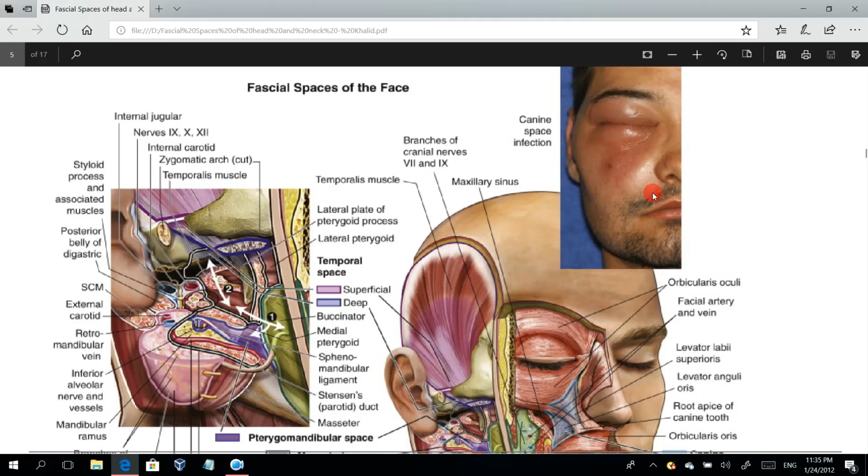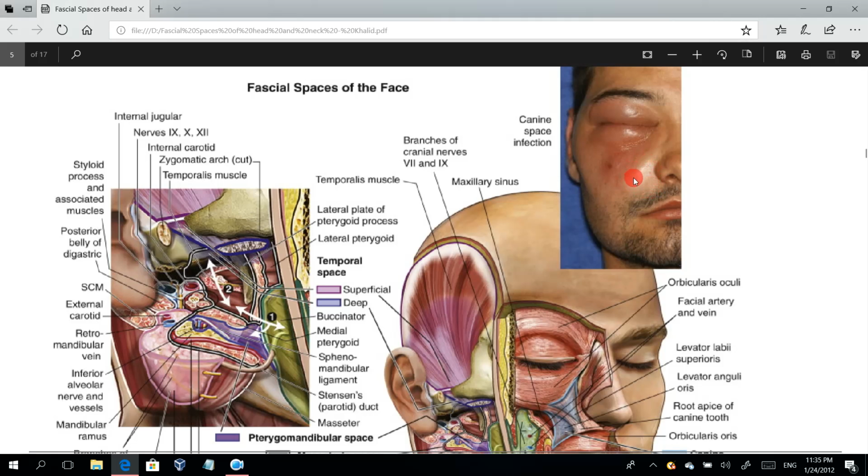Here, this is a canine space infection. Canine is the site of the canine, and as we said, we have three spaces related to the maxilla. One of them, first of all, is the canine space. So when there is infection here, in close relation with the canine, the infection will spread in this area, which